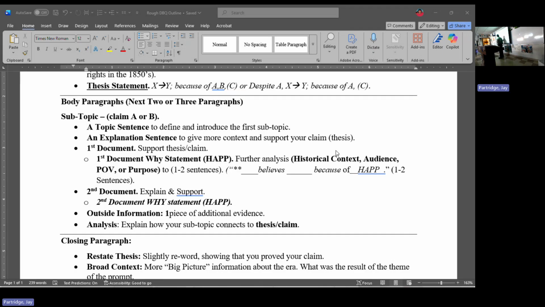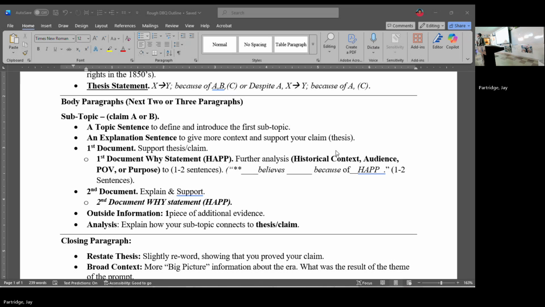Second document, I'll explain this in just 1 second. You need an example of outside information, so something you know outside the documents. And remember, we talked about context a little bit yesterday again. What's great context if you're going to write an essay about the ratification of the Treaty of Versailles? What is great context if you're talking about World War I and what else? So mention World War I, who won it, and then what's in the treaty. A few things in the treaty. That's your outside information. That's stuff that you know, background to the topic of the question.